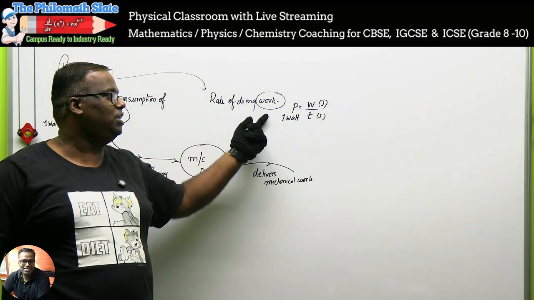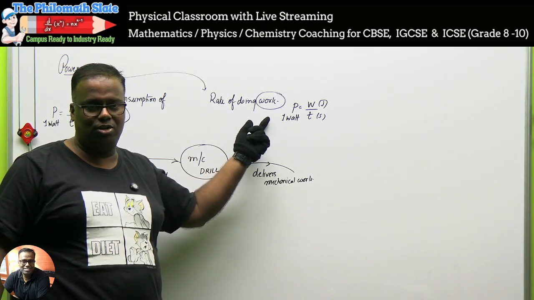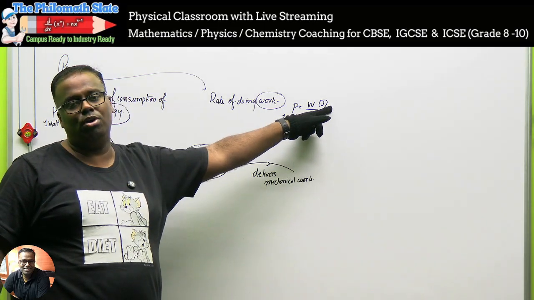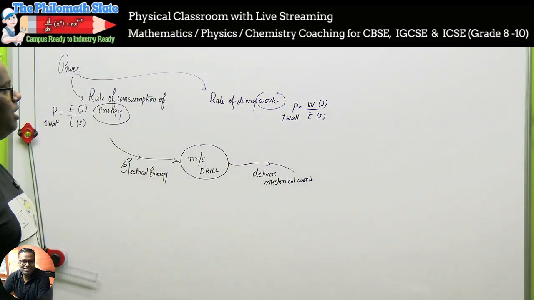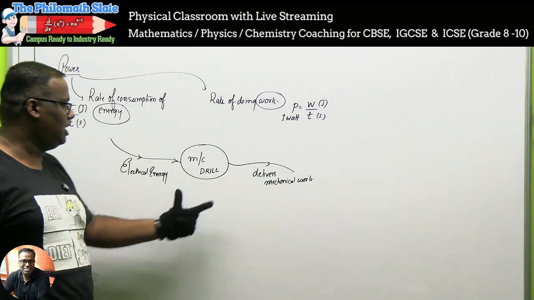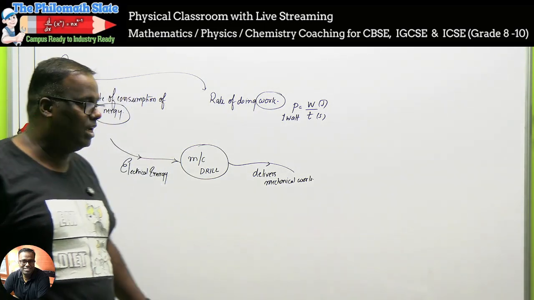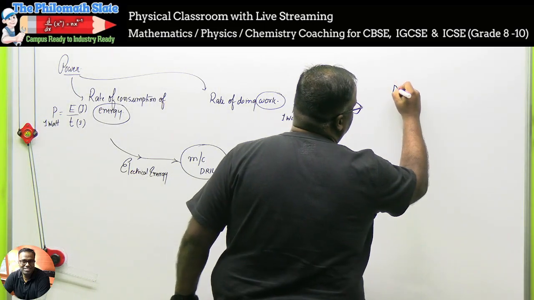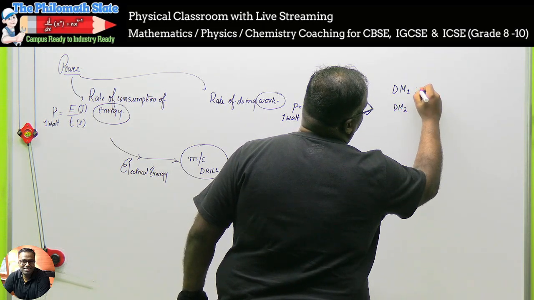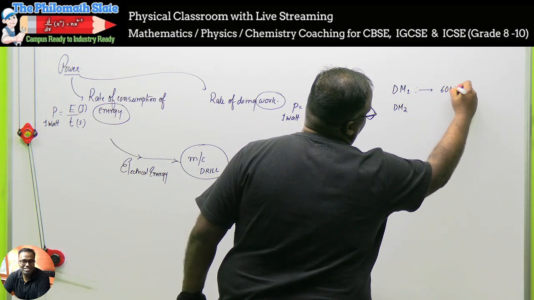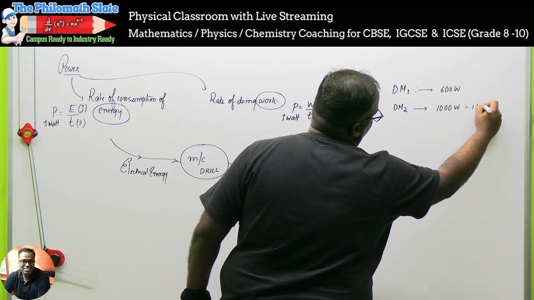1 watt is said to be the power delivered by a machine, or the work done by a machine or by a body, when it delivers a work of 1 joule in a time of 1 second. Now we need to get our things clear on how the question is to be interpreted. Now let's take a drill machine. A drill machine takes in electrical energy and delivers mechanical work, right? Now suppose there are 2 drill machines available at Amazon. There is drill machine 1 and drill machine 2. Drill machine 1 is a 600 watt drill machine and drill machine 2 is a 1000 watt, or 1 kilowatt, drill machine.